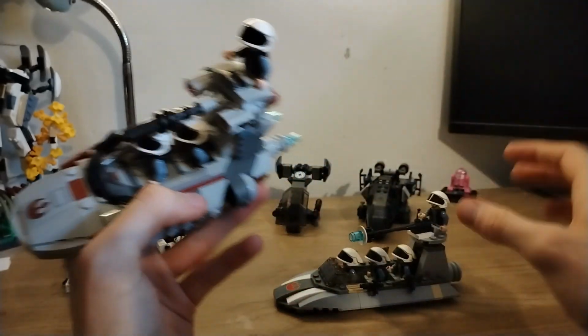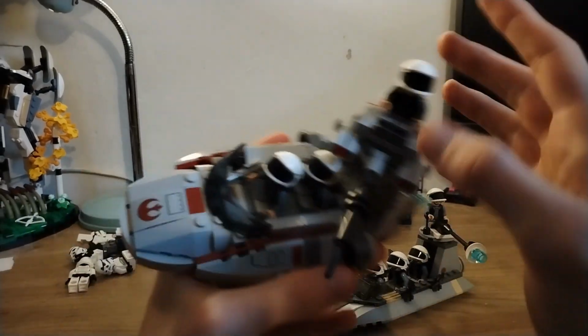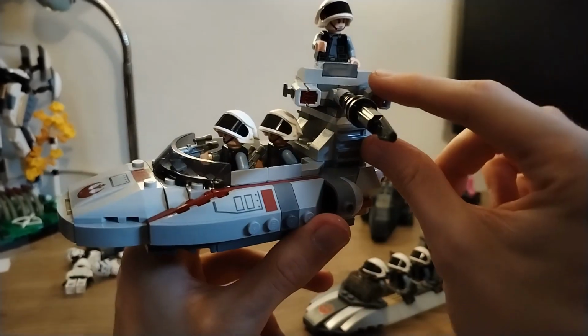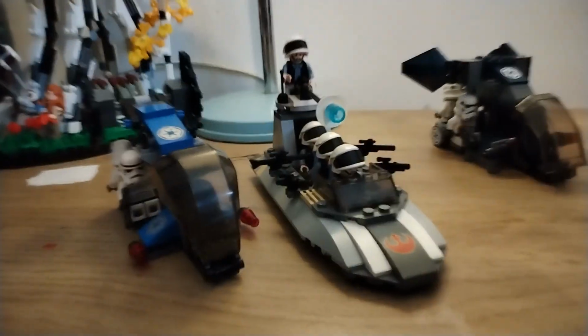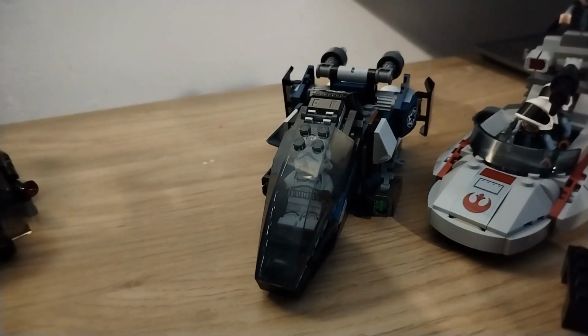You got the console here. I do like the lever they used here, but this is just a much nicer build. Maybe the stud shooters here kind of detract from the sleekness of the cannon, but... However, one thing I will say about the 2008 dropship and the 2019 dropship is that they both feel like